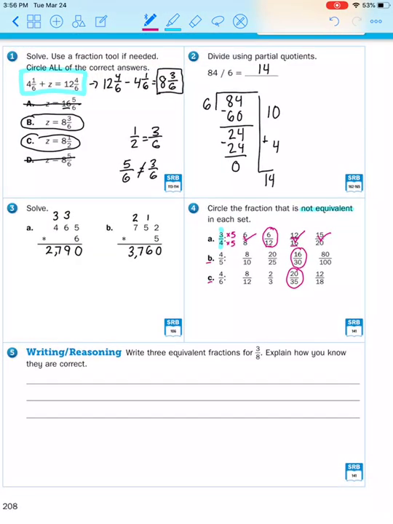All right, let's see number 5, the reasoning. Write 3 equivalent fractions for 3/8. Explain how you know they are correct. So the 3 equivalent fractions I would pick would be 6/16ths, 9/24ths, and 12 over 32. And I would get this because when you multiply